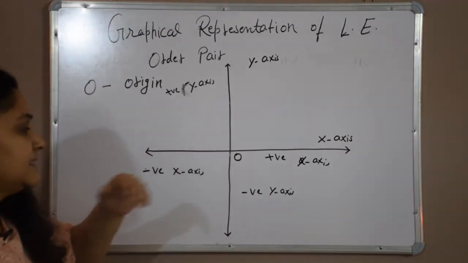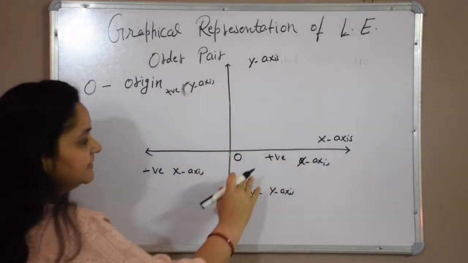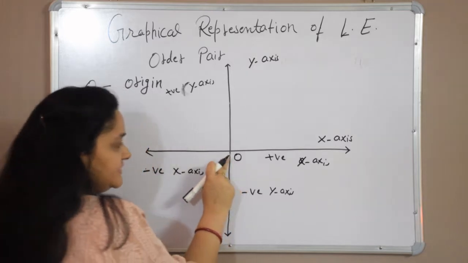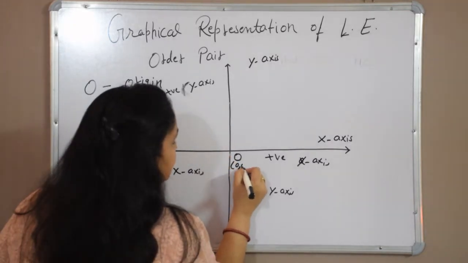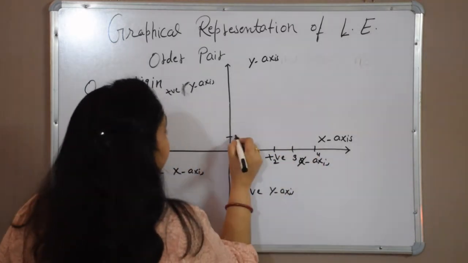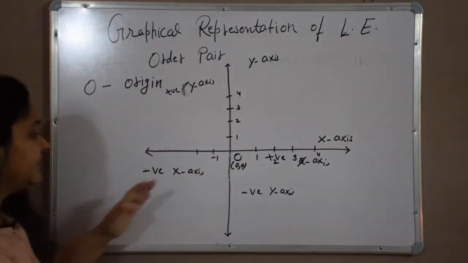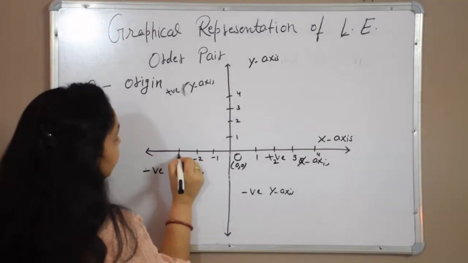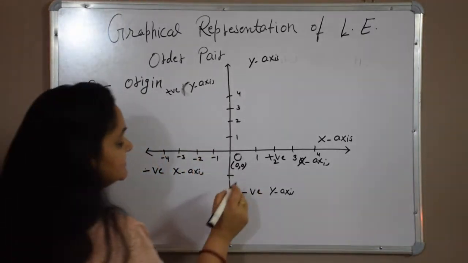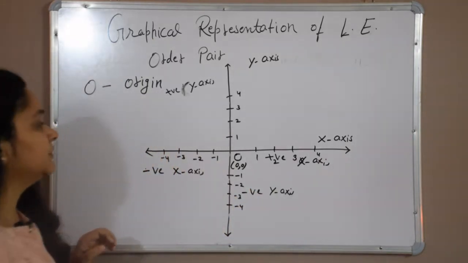So these two lines are divided in four parts. Here it is positive x-axis. Here we will consider all the positive values because it is 0. Origin, coordinates of origin are 0, 0. We will consider like this: 1, 2, 3, 4. Here 1, 2, 3, 4, and here -1, because it is negative x-axis. Here we will consider negative numbers, and here because it is negative y-axis we will consider negative numbers. Here -1, -2, -3, -4.